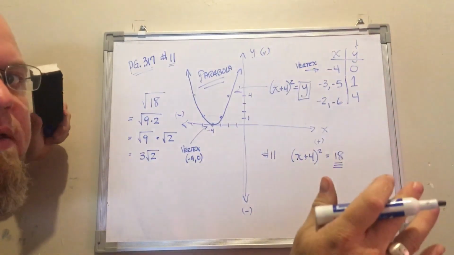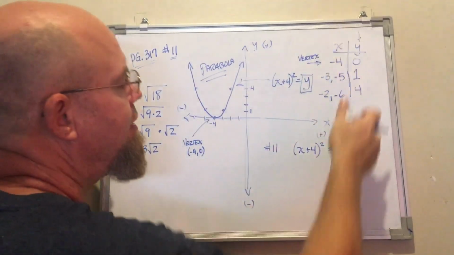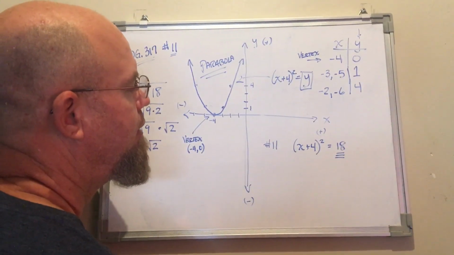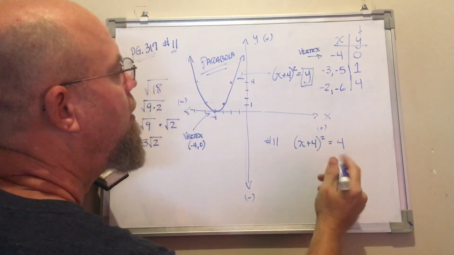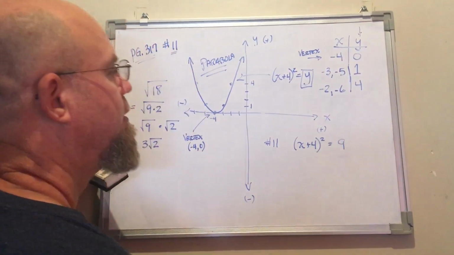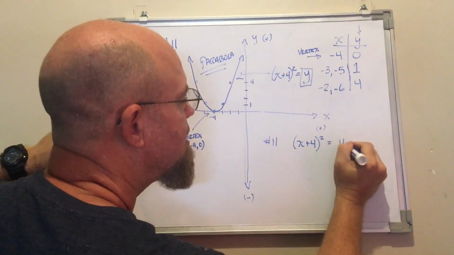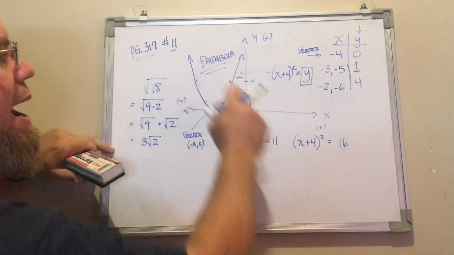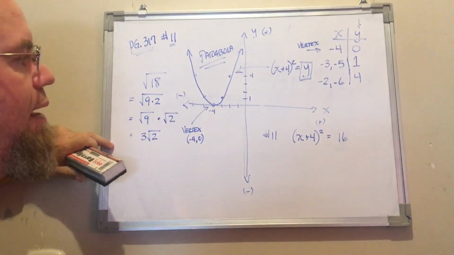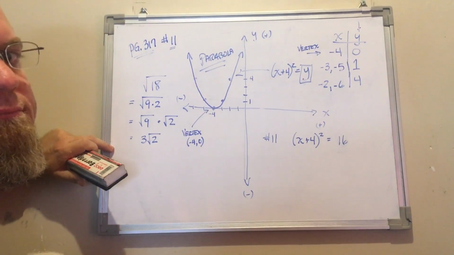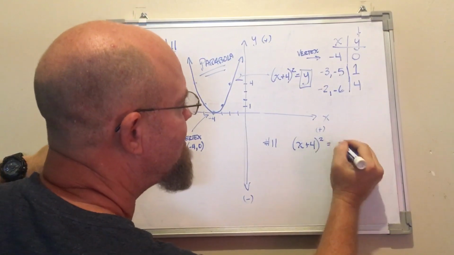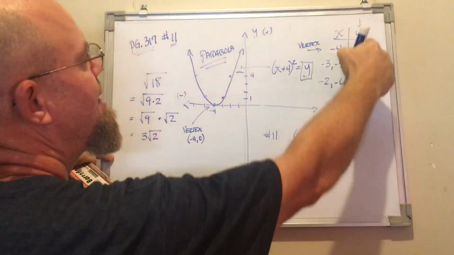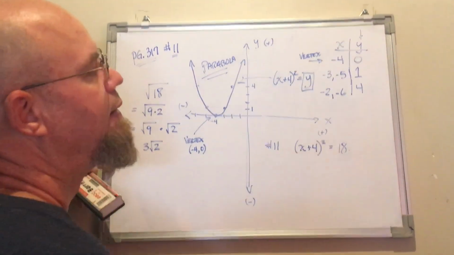Maybe part of the difficulty is understanding that 18 is just a value for y. It's an arbitrary value for y. We can put whatever we want y to be. All right? We can change that 18 to 4, or we can use 9, or we can use 16 in order to graph that quadratic. Okay? Hopefully that helps. But just keep in mind, when you see 18 here, all that is an arbitrary value for y. Okay? You can make y equal whatever